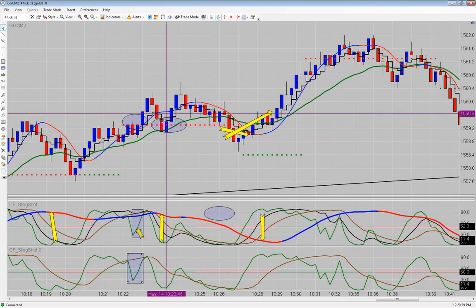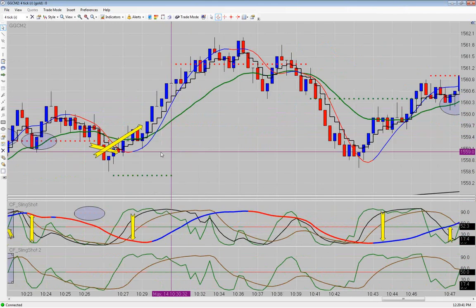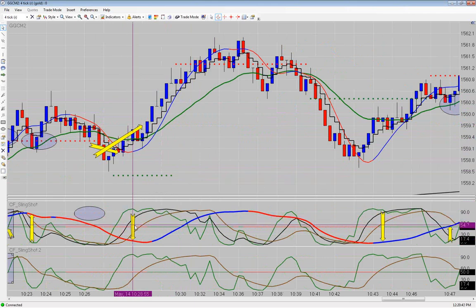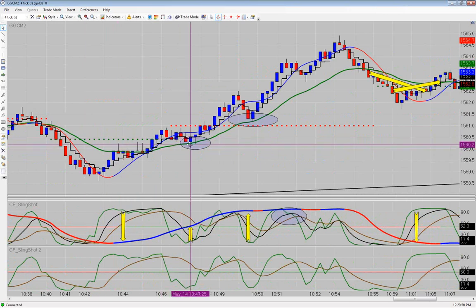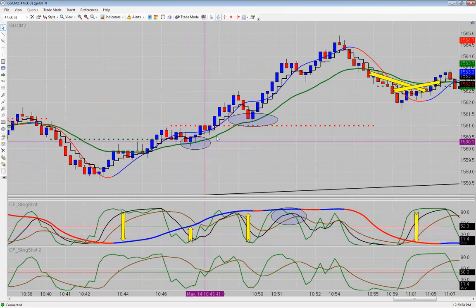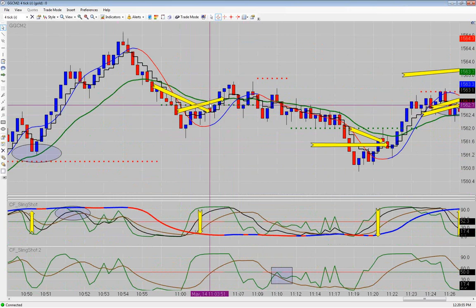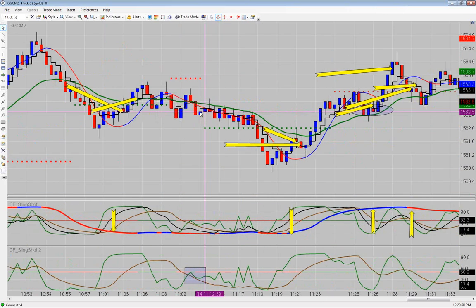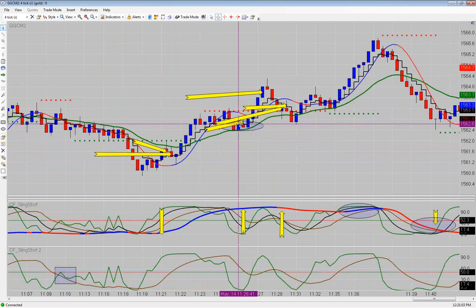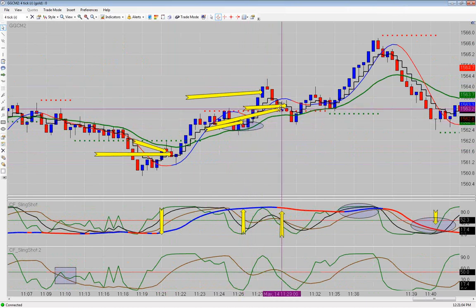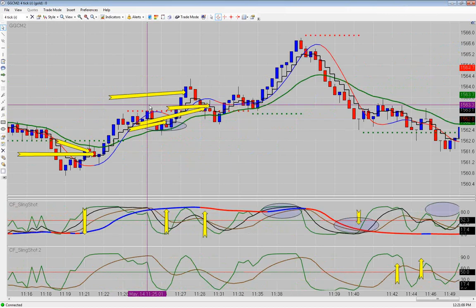Another long trade right here with a bullish divergence, tested the BBC with an up close. There was a short right here with the bearish divergence. It tested the BBC with a down close. I did take this one and I lost. I missed these in here, the same thing, long, bullish divergence, tested the BBC, up closes. Short over here that I lost. A short over here that I won. A long in here that I won. And another long in here that I won a little bit on. So I ended up down a little bit in the gold,